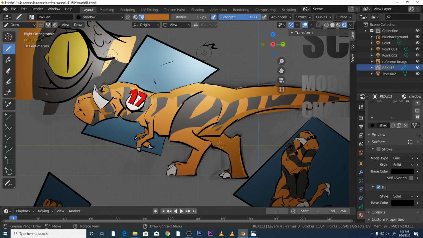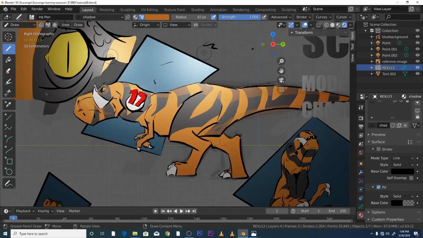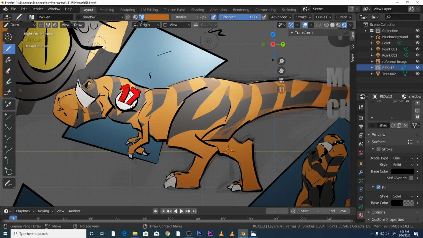Now what we're going to do is play around with the opacity settings on the shadow. So we go to the base color, click on it, and then we're just going to bring down the alpha channel so we can see through it. So that looks a bit nicer now, not so aggressive. And then what we can do is build upon it. So now if I was to draw again on it,